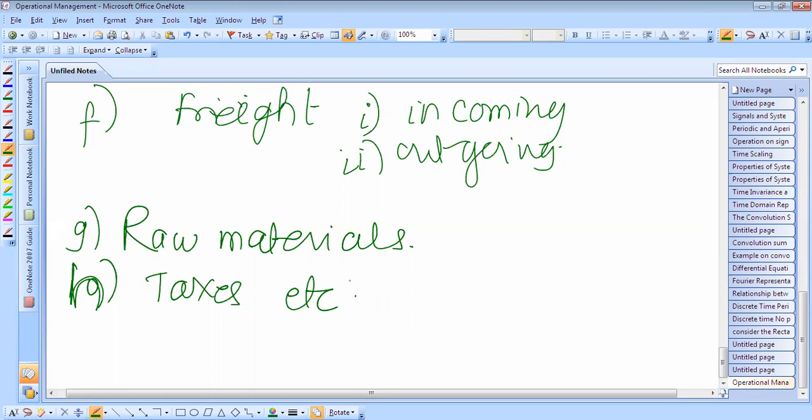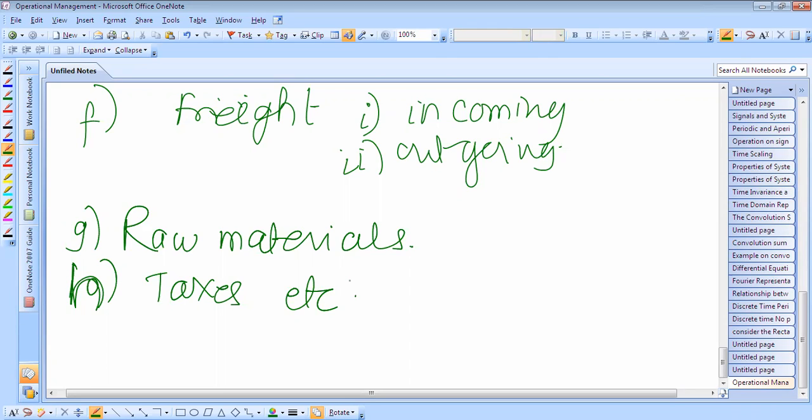Whether it is a metropolitan city, an urban area or a rural area, the taxes depend on those factors. If the tax in that region is very high, then the tax will also be added to the production cost, and the overall cost per unit will increase. Other costs include power, water, fuel, and freight, that is incoming raw material and outgoing finished products. Okay, labor charges, equipment and machinery, building rents.